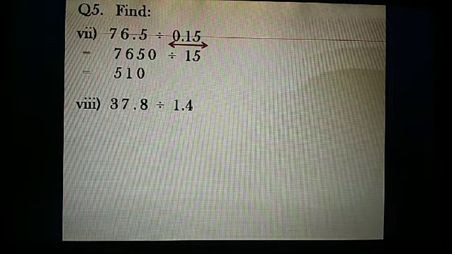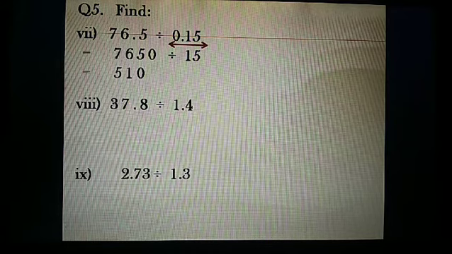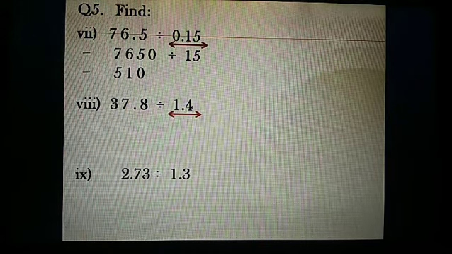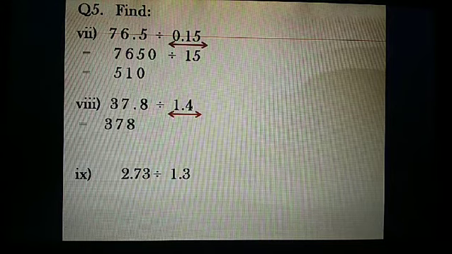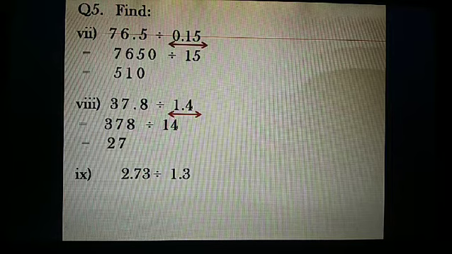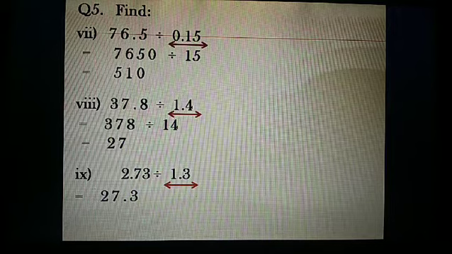Next is 37.8 divided by 1.4. In this case there is only 1 digit, yes. So what you will do? Shift it 1 place right. Divide by 14 and the answer is 27. Similarly in the next one, again 1 digit in the decimal. So,